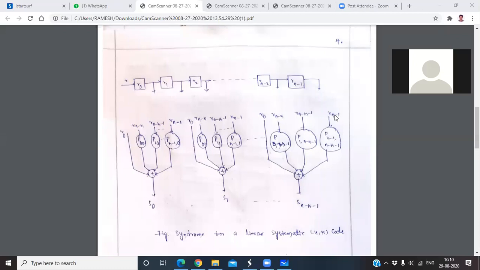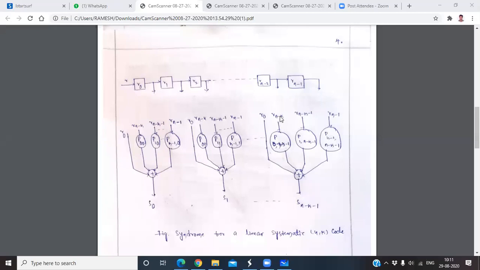Please try to draw the circuit diagram for the equations. All of you following or not? Please change. Please change here R0. Once again I am repeating: R0, Rn minus k, P00, Rn minus k plus 1, P10 up to so on Rn minus 1, Pk minus 1, 0. Here again R1: R1, Rn minus k, P01, Rn minus k plus 1, P11 up to so on Rn minus 1, Pk minus 1, 1. And this is Rn minus k minus 1,